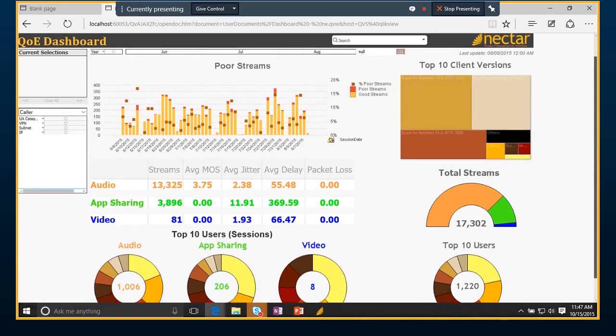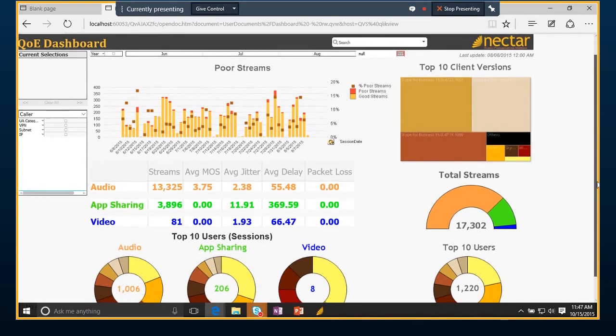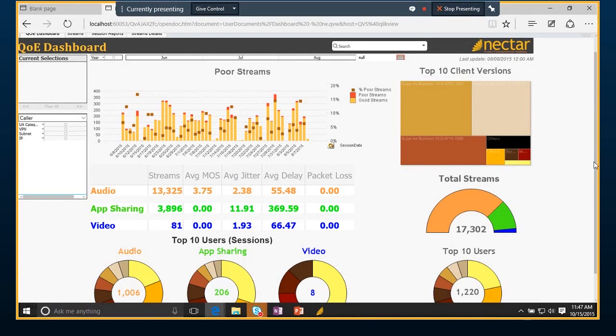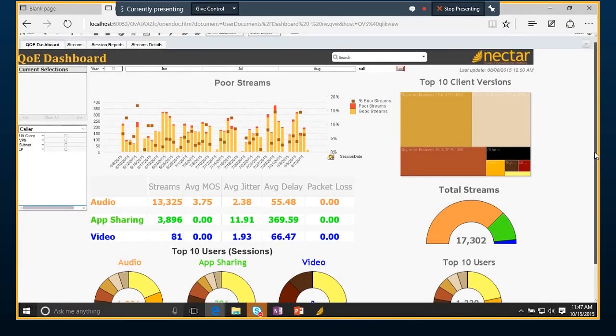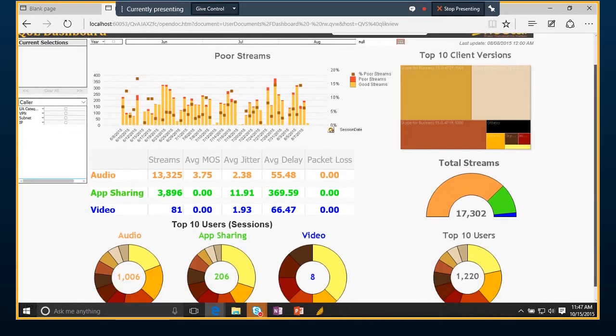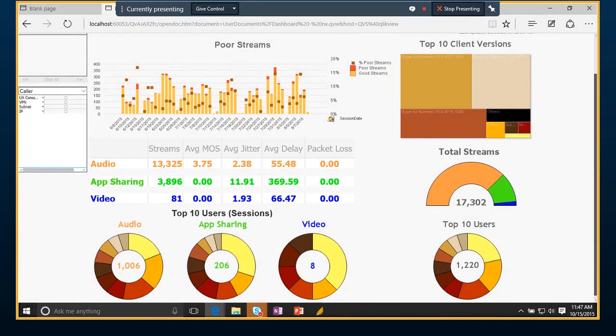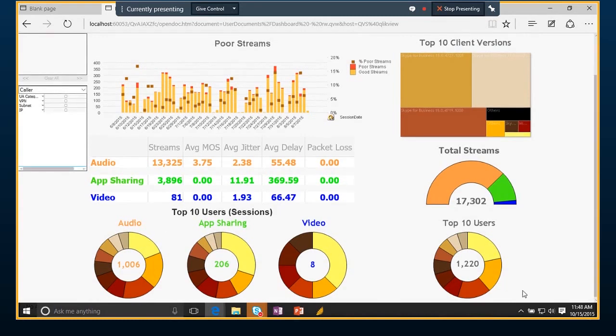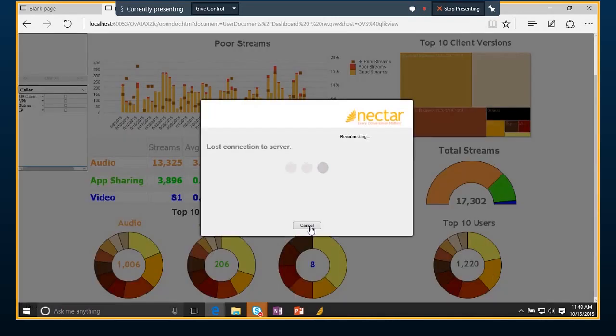So this is kind of a neat dashboard as well. So I can take a quick look at basically the health of the quality of the call. And how I'd start that off is, quick glance, maybe the top 10 users, top 10 applications, top 10 users in the organization. So in this example, I could hover over this circle chart, and right here,